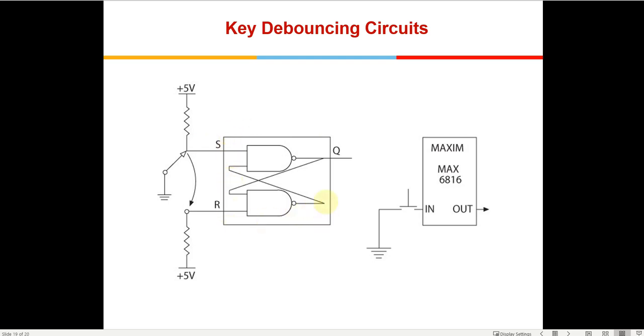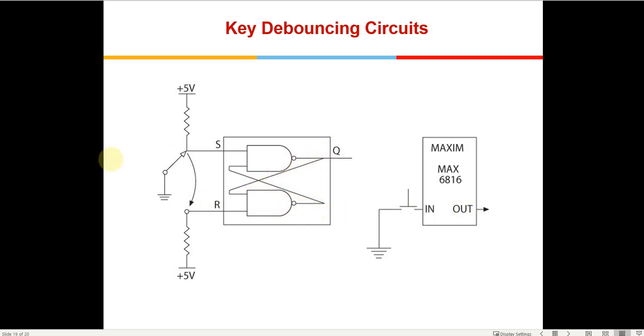I explained how a debouncing circuit works in the digital design class. I think we have also simulated this in the hobby class, so you can have a look at that video which is on my YouTube channel. If you go to the digital design hobby class, you will find the debouncing circuit operation explained there, and we have also done some simulations in LTSpice. This is presently not required from your 8086 course exam point of view. Just if you are interested, you can revisit this video lecture.